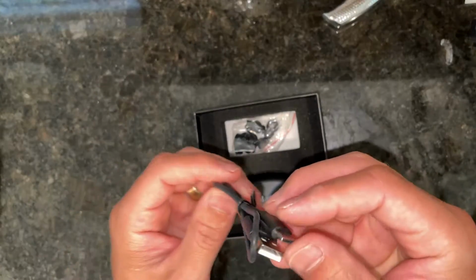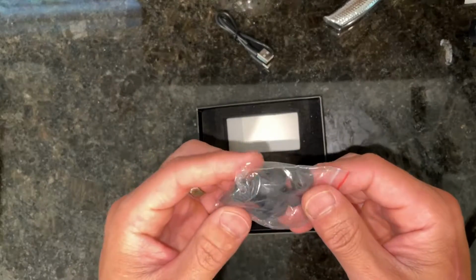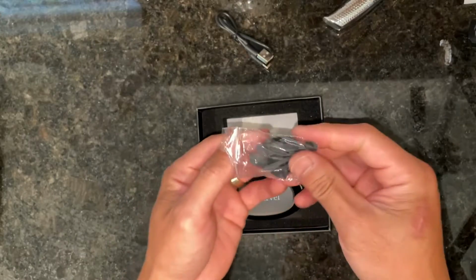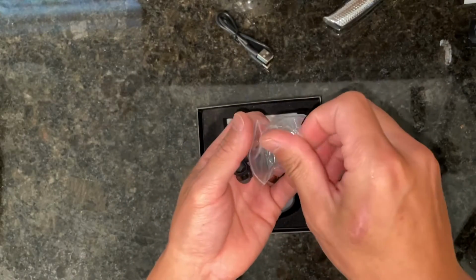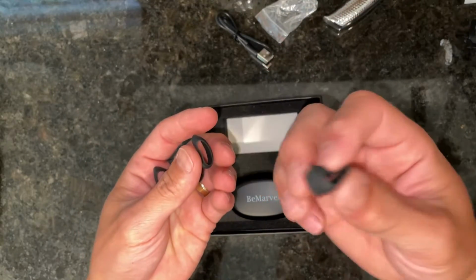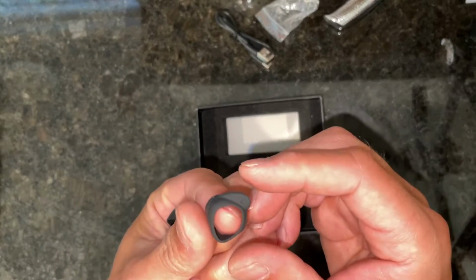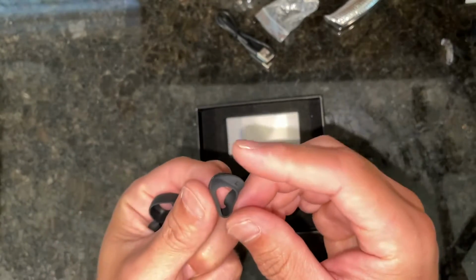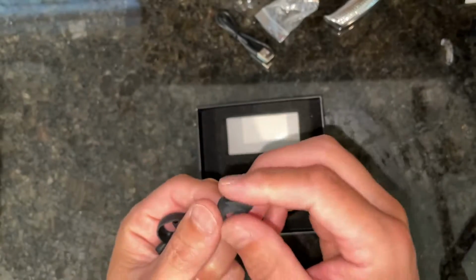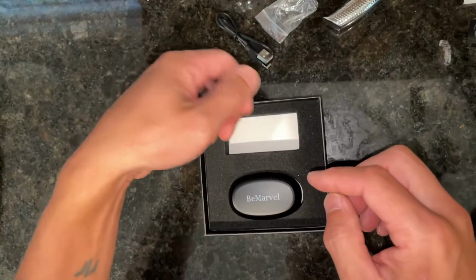Here's a charging cord, which is a short USB Type-C. You have alternate ear tips. Let's see which ones they have in here for us. So these, I believe, go around the outside of the whole earbud, and then this little bit gives you that little hook in the ear that says left. So they're oriented, so you got some small, large, and